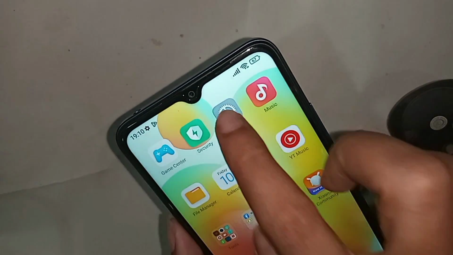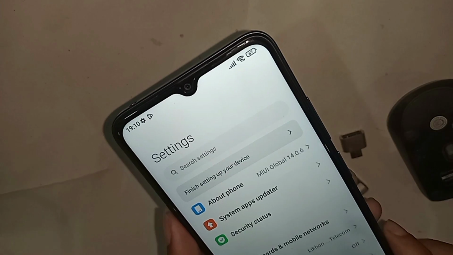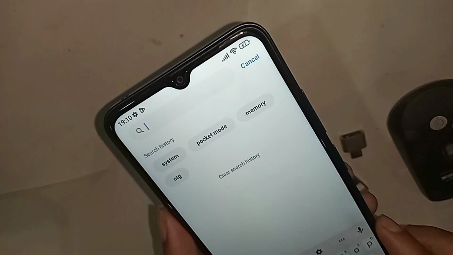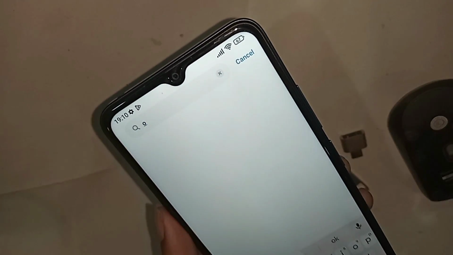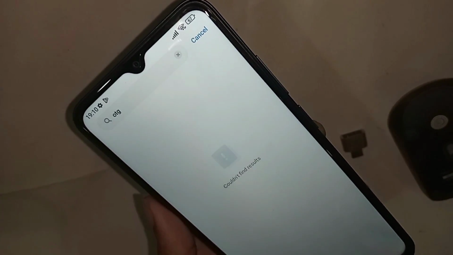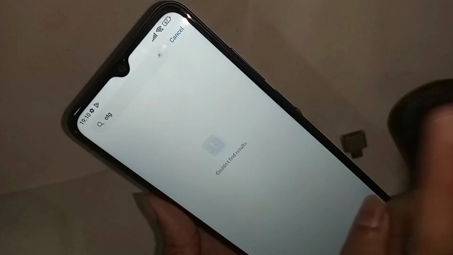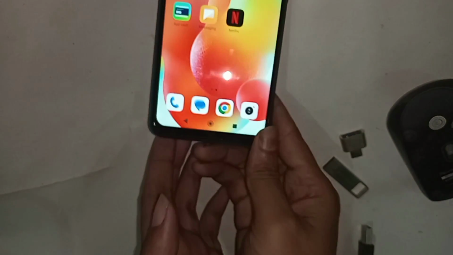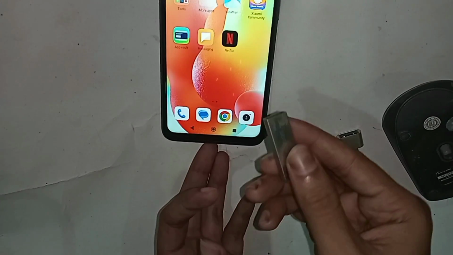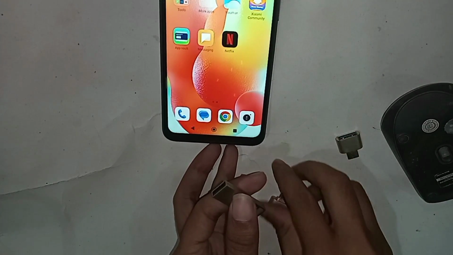If you want to connect OTG in this phone, at first you find the option called Settings. When you find Settings, go to Settings and you will see an option called Search Settings. Click on Search Settings and write OTG in the search box, but no result shows. And mind it, this phone basically does not need you to turn on any option to get the OTG connection. And second, you need to